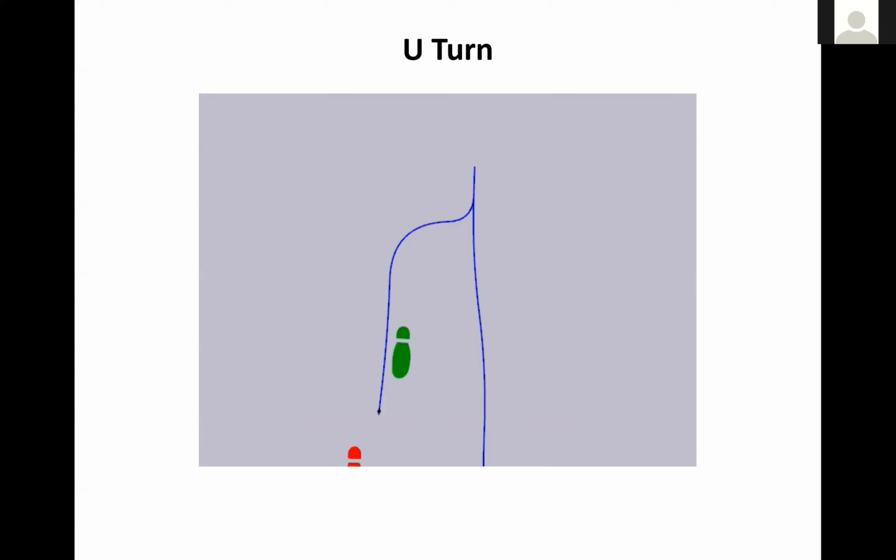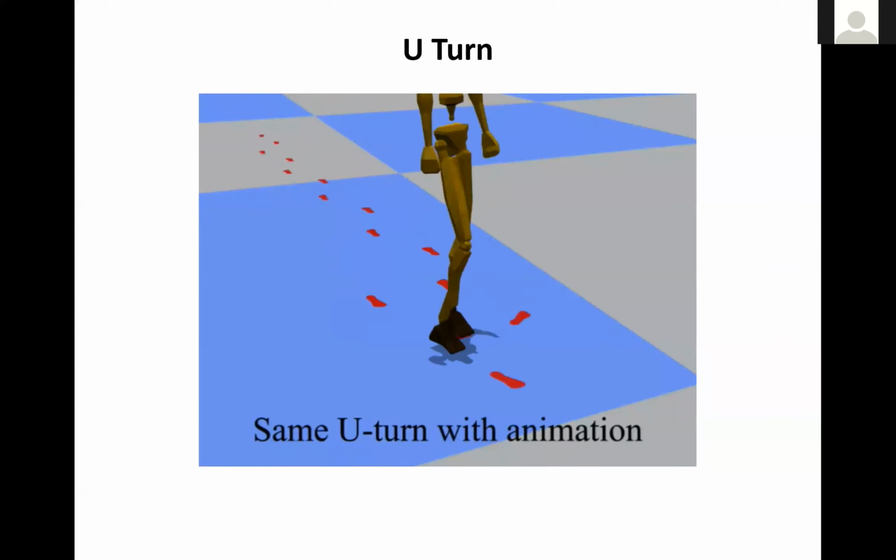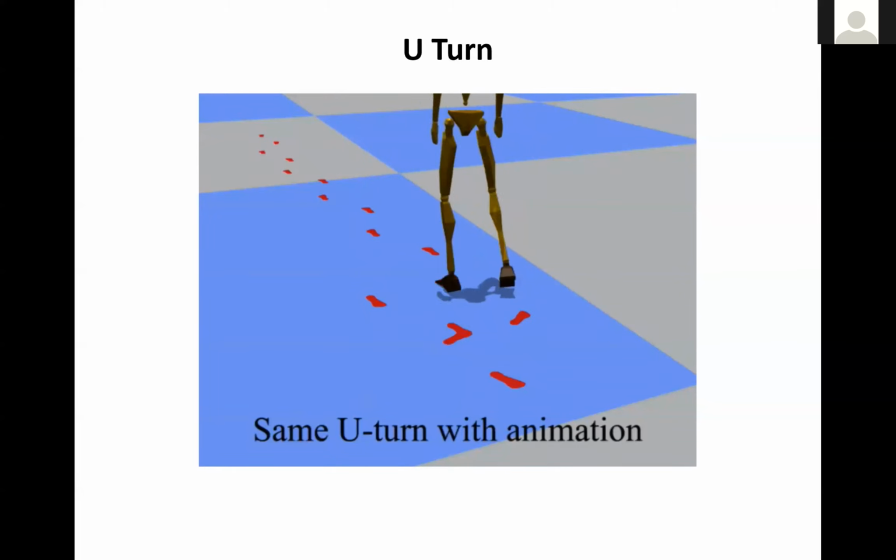So now let's start looking at some examples. We started this whole discussion by saying that particles are insufficient, and therefore we add complexity into the system. A U-turn is a wonderful example of how we move, but something that a particle fundamentally cannot model. You can see that the first step that we take changes momentum towards the desired direction. However, because of orientation constraints, the second step cannot be immediately oriented towards the target, and you need to take a third step in order to complete this 180-degree turn. So something as simple as taking a U-turn naturally arises from this control problem.